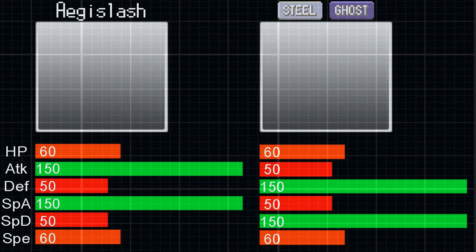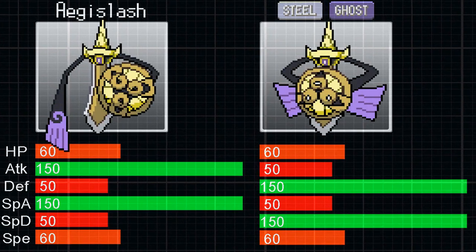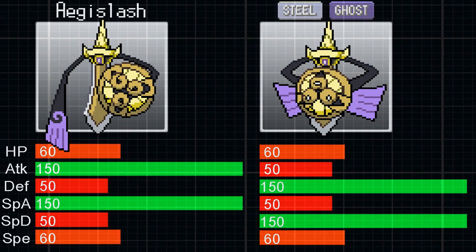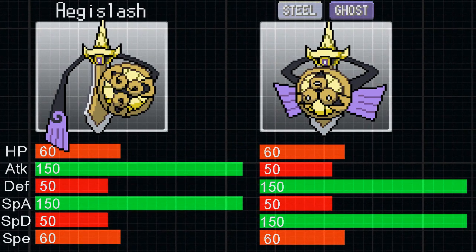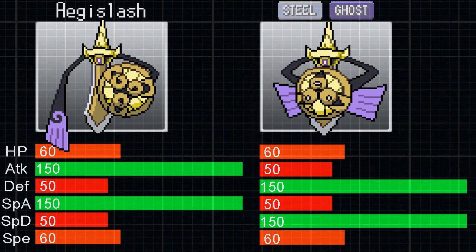My name is Spade and today we are going to take a look at Aegislash, which is truly a unique Pokémon because Aegislash and its evolutionary family are the only ones that are Steel and Ghost type. There are currently no other Pokémon that would share this unique type combination, and Aegislash also has this unique ability